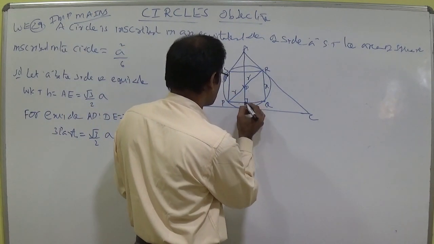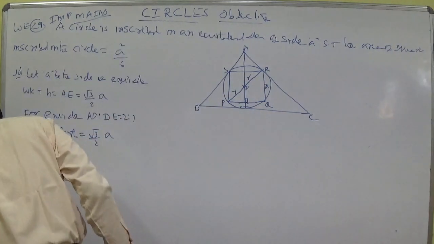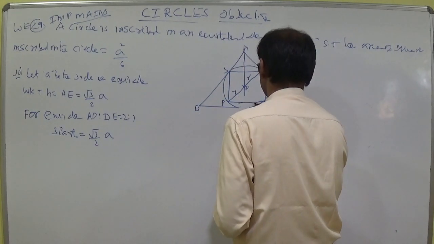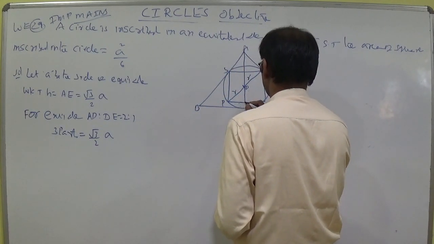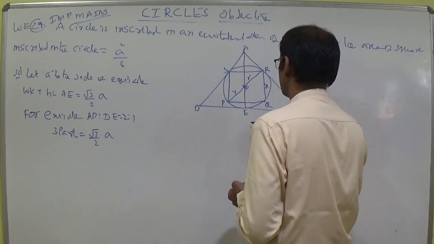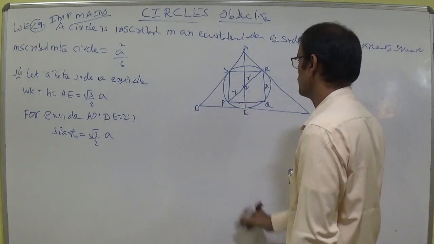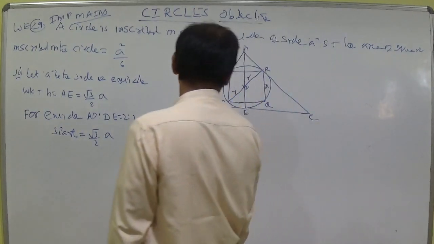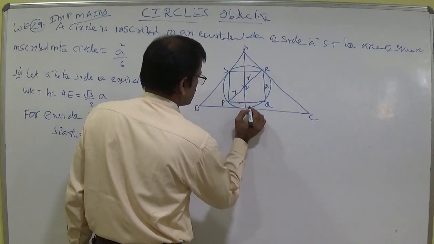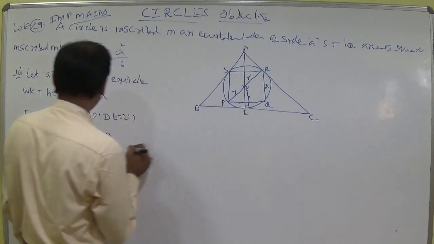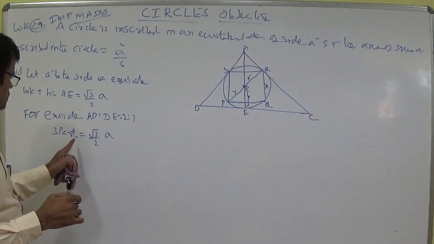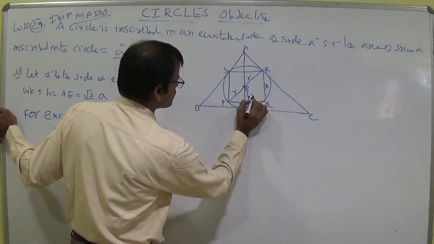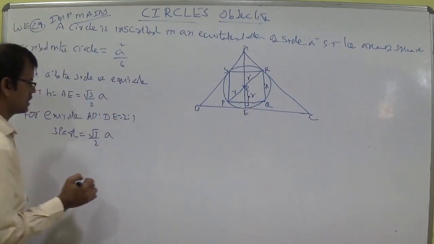Students, because this is a triangle, extend until here and put E here. This is better. This is A by 2, A by 2. I think there is no need for A by 2 here. So AE total, the total parts H equal to √3 by 2A, 3 parts equal to √3 by 2A. One part means DE, from the center to any point on the circle, which is called the radius.